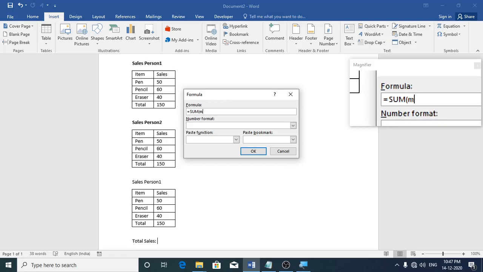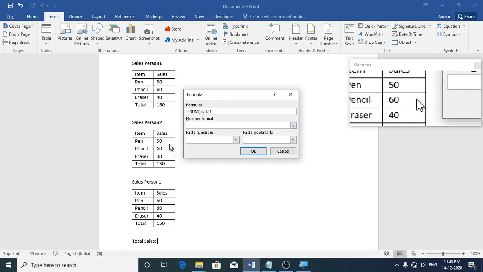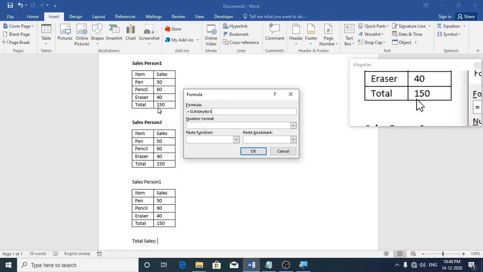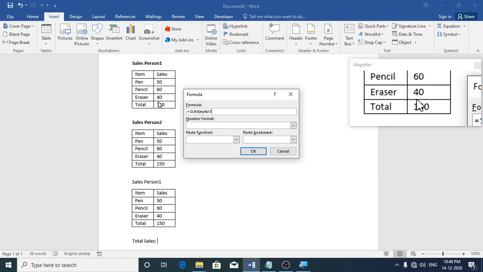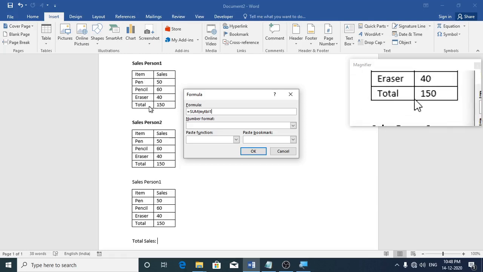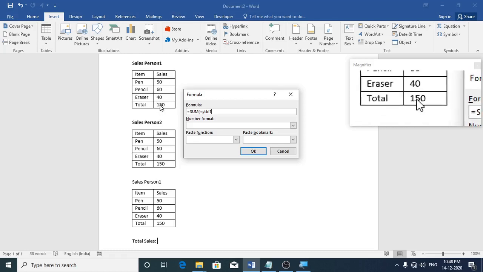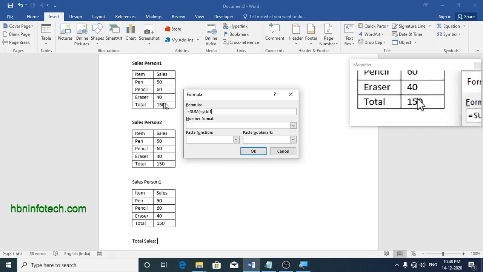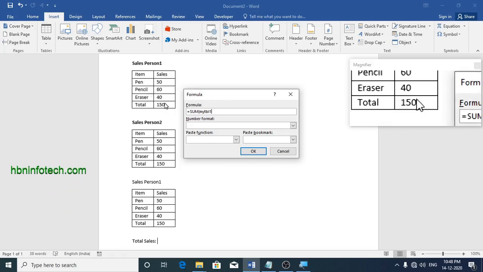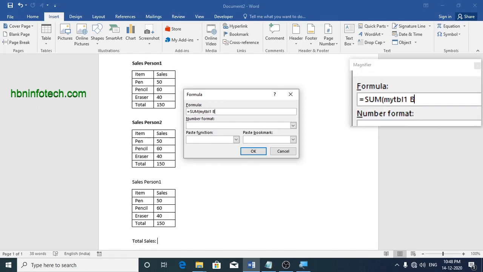So I gave my TBL1, and you would also need to specify the cell address, just as we do in Excel. I guess the total resides in column B, and the fifth row, so B5. I'll give a space here and say B5